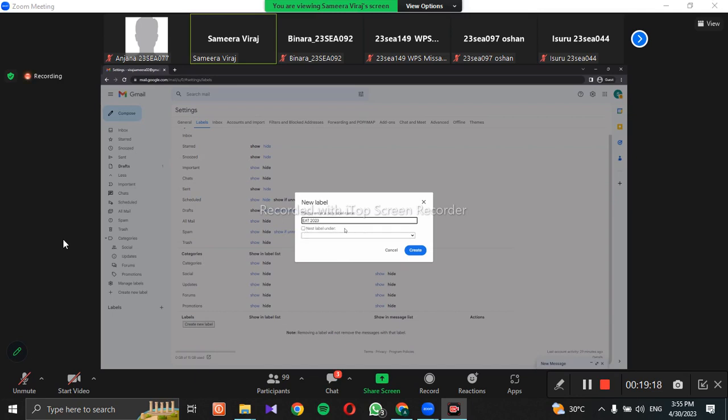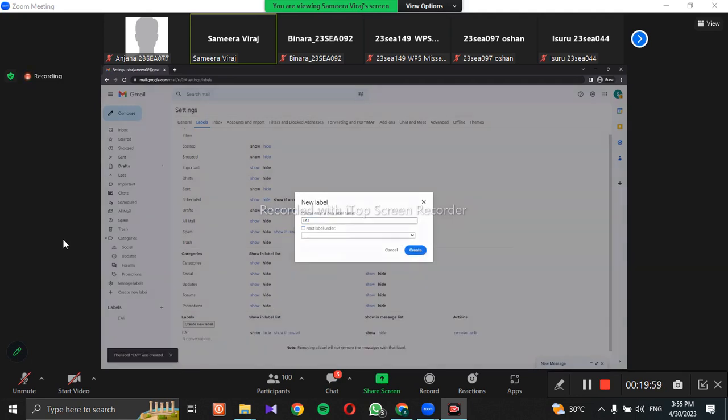And the meaning of this part, nest label under, means you can create a kind of folder or parent label, and under that you can create a child label, right? So for that we have to use this option. So I will click on nest label under, and then you can select a parent label. So currently I don't have that kind of label. So let's say I'll create this as EAT,